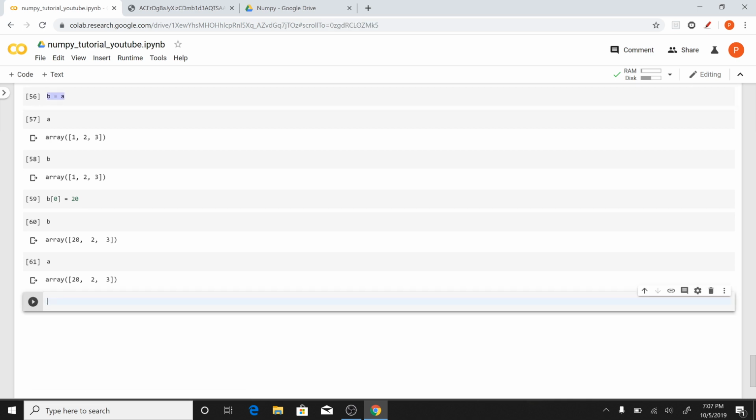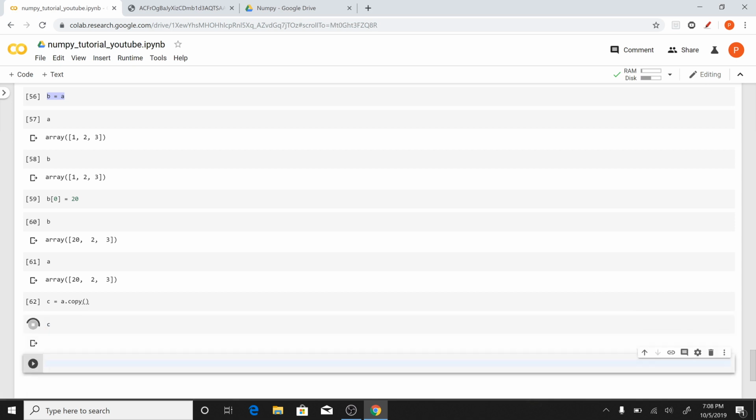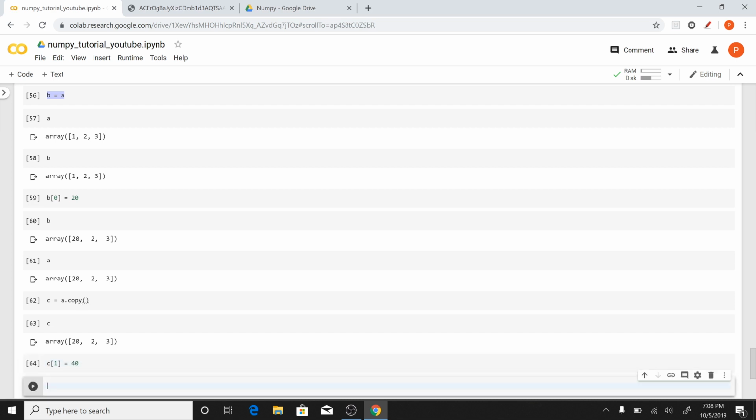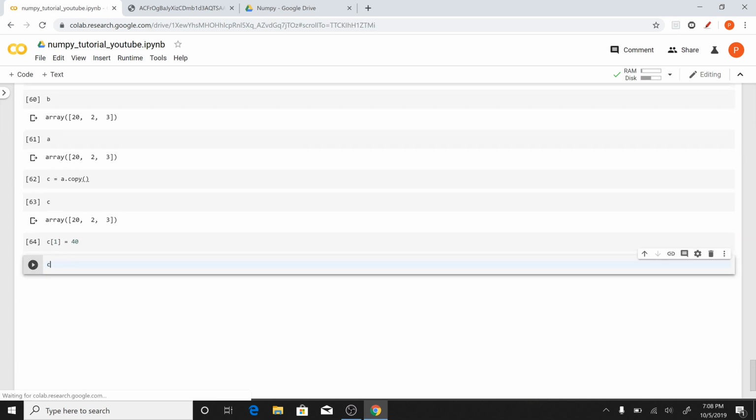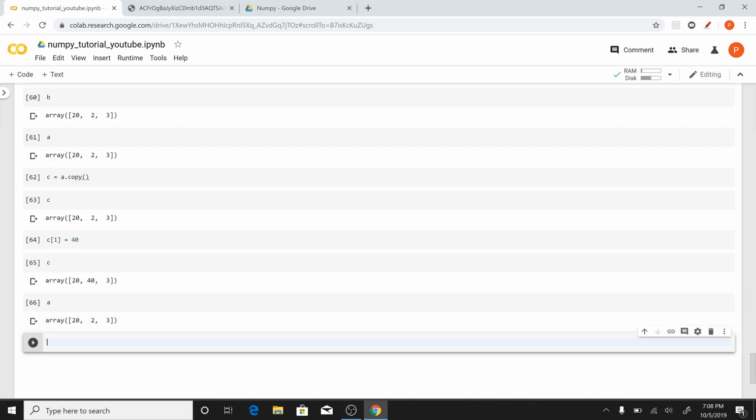So if I had done c is equal to a dot copy, and now I want to print out c, I want to change the value of c 1 from 2 to 40. I'll print out c over here. I get 40. I print out a over here, which I just copied, so let's see what the value is. Over here I get 2 only. So if you don't use copy, then it's going to be copy by reference,